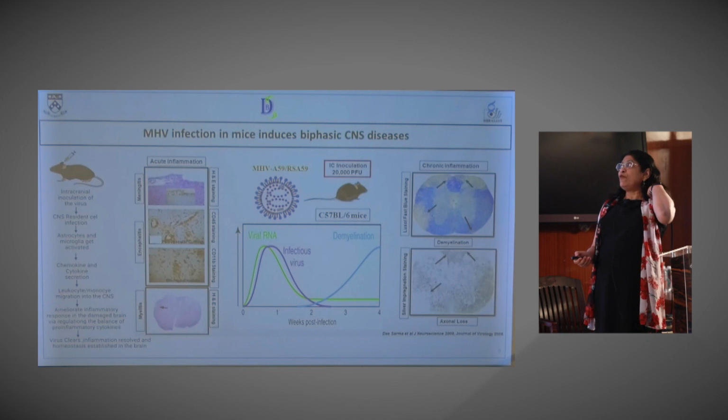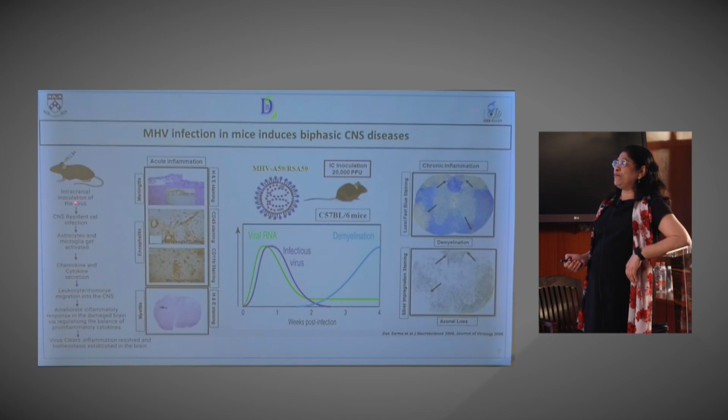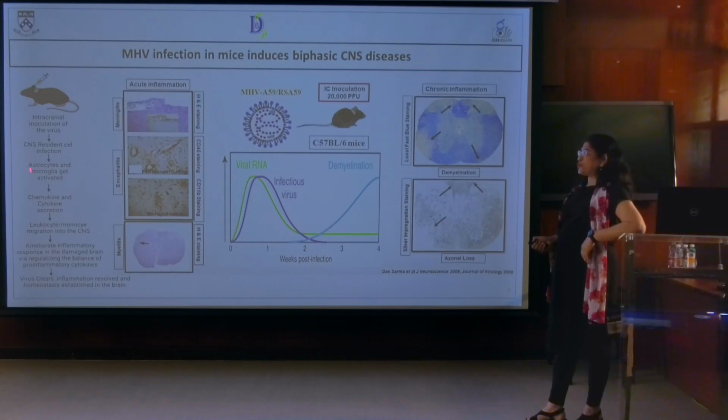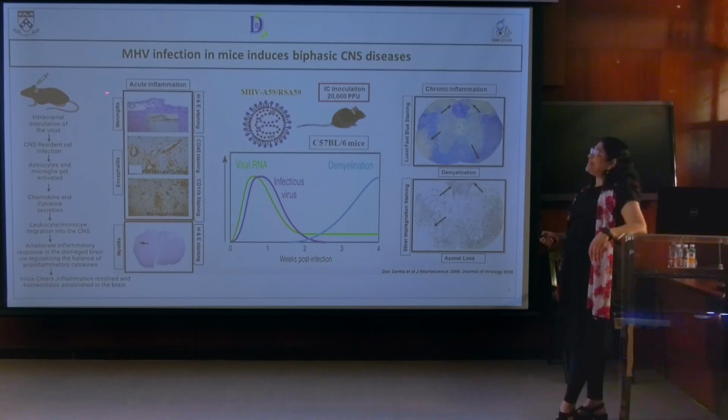To tell you what happens from the beginning, when we inject the virus, the intracranial inoculation infects CNS cells, and they activate astrocytes and microglia, which are the CNS resident immune cells. Chemokines and cytokines get secreted, and leukocytes start to migrate to the brain. If there is inflammation in the meninges, it is called meningitis. If there is inflammation in the brain parenchyma, with perivascular cuffing and microglial nodule formation, it is called encephalitis. If the virus propagates to the spinal cord, the inflammation in the myelin sheath is called myelitis.